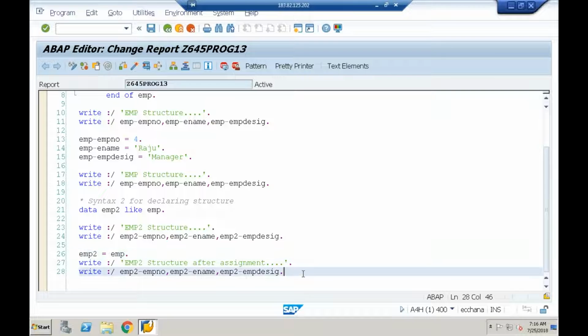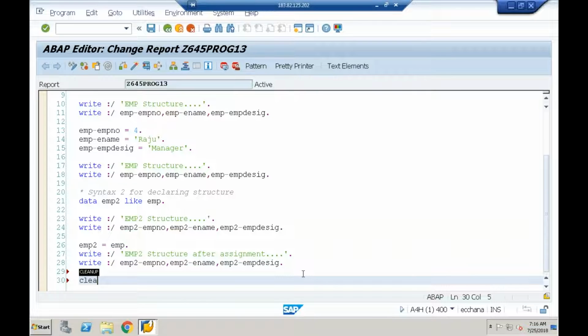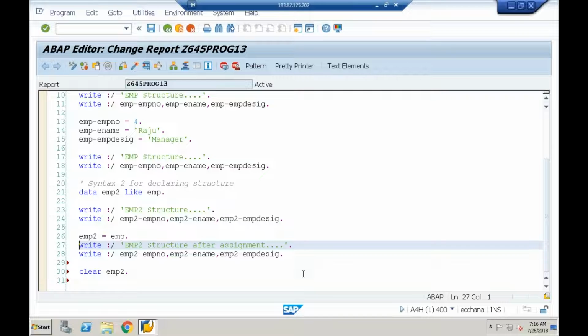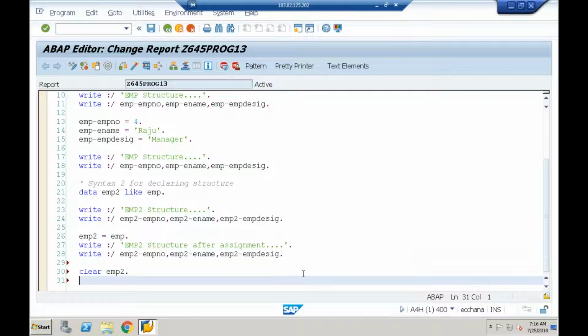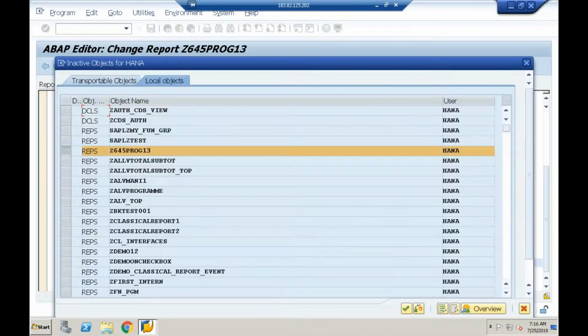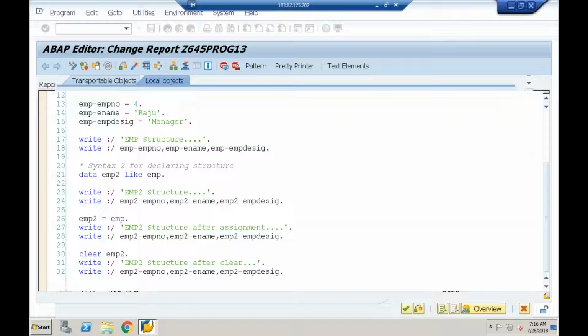Now let me clear that. How do you clear the data? We have a statement called clear. I'll say clear EMP2. So whatever the data is there in the EMP2 structure will be cleared. So let me check whether it is cleared or not. So again I'll give a message, EMP2 structure after clear. Save it, check, activate. Right, so when I execute, when I say F8,